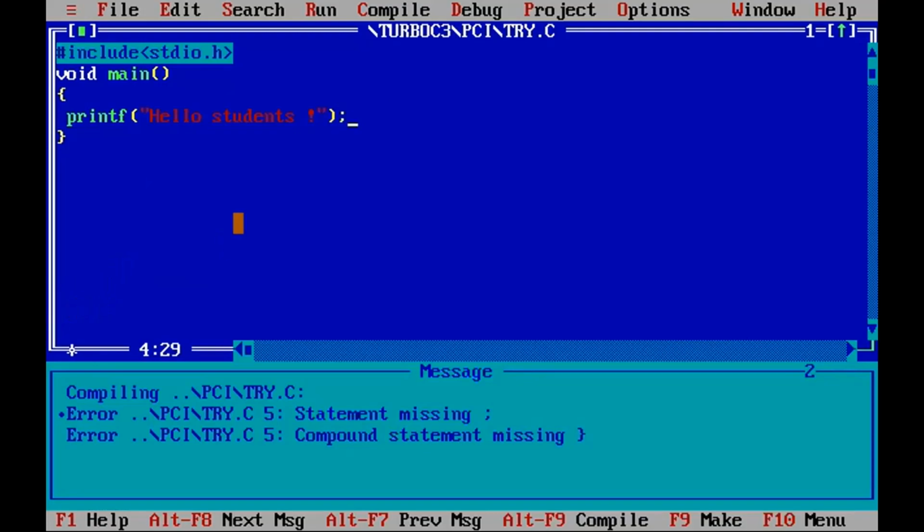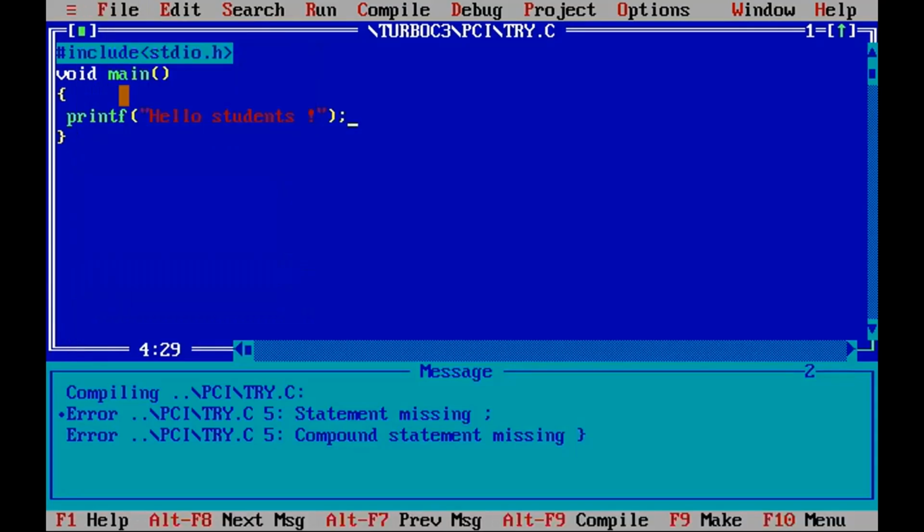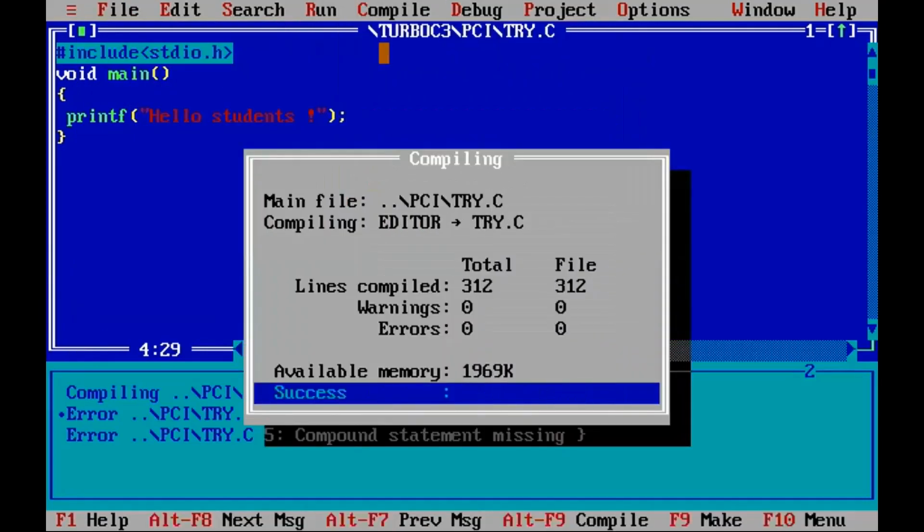So here there is a check whether your program is saved or not. At the bottom left corner of your program window, there is some star-like symbol, and it indicates that your program is not saved after the recent corrections. So let us save it. Again, go to the file menu and save the program. I've saved my program. Now again, let us compile it and check whether the errors are gone or not.